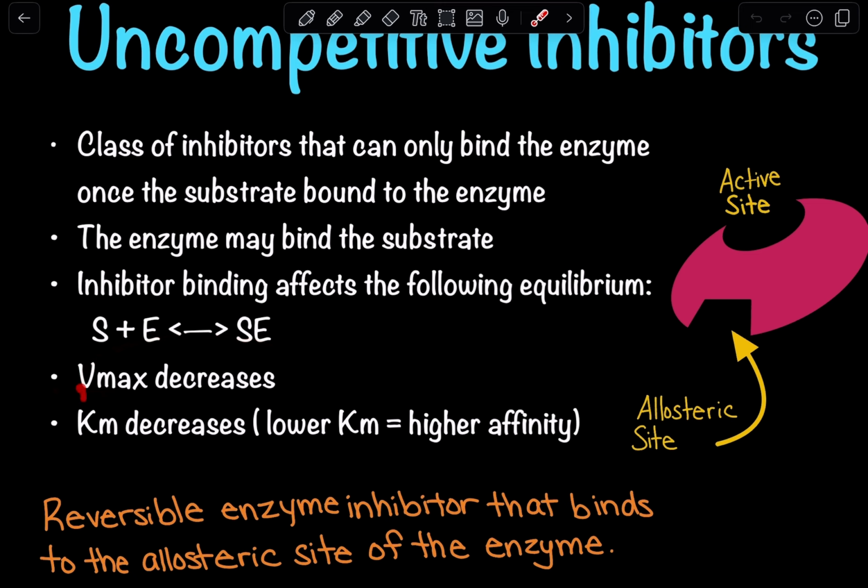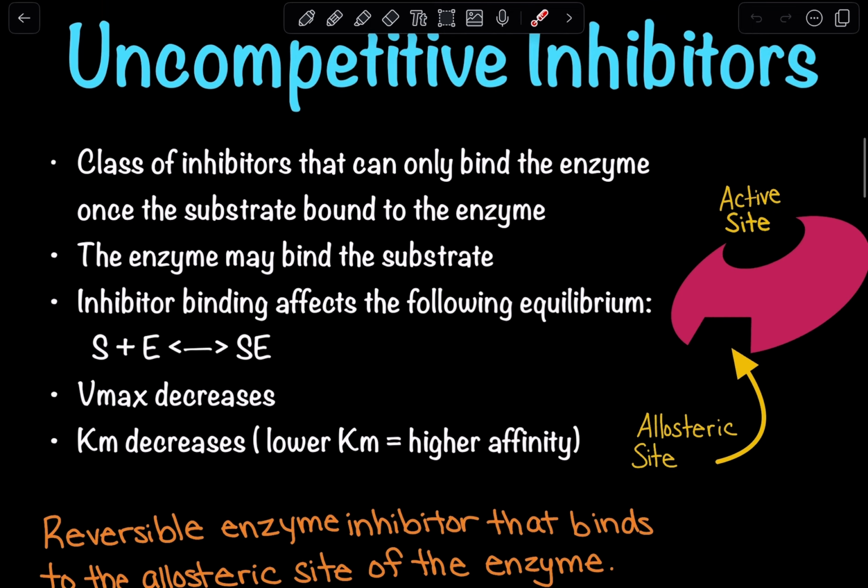Now, interestingly, Km is decreasing. Now, Km can mean different things. When we talk about Km, first of all, it is the substrate concentration at half our Vmax. So at 1/2 Vmax, that will give us our Km value. And also, Km can refer to affinity. So a low Km will be higher affinity, and a higher Km will be lower affinity. And in uncompetitive inhibition, Km is decreasing, so a low Km means high affinity. How can we make sense of that? So this